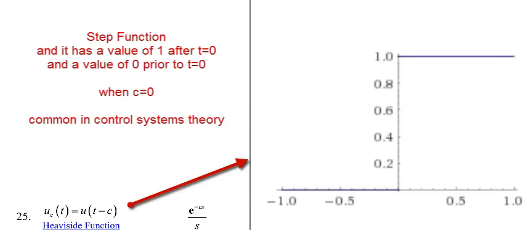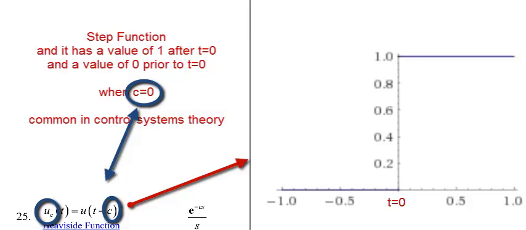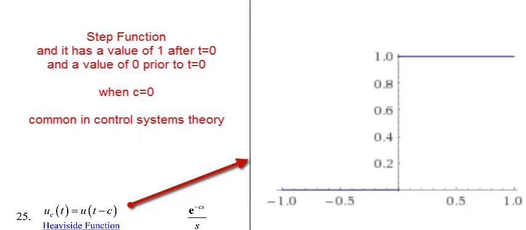This is a step function. It has a value of 1 after t equals 0 and a value of 0 prior to t equals 0. When c equals 0 in this notation, it's the Heaviside function at 0. Whenever the Heaviside function at 0 is multiplied by any other function, it has the effect of zeroing that function prior to t equals 0 and leaving the function unchanged after t equals 0. In fact, every time domain function in the Laplace transform table is assumed to be multiplied by the Heaviside function